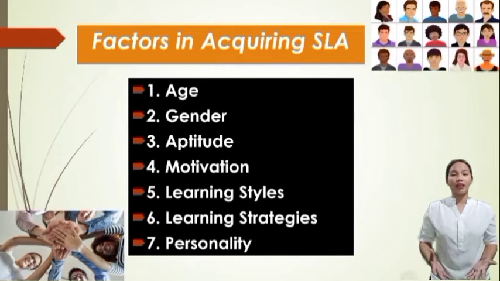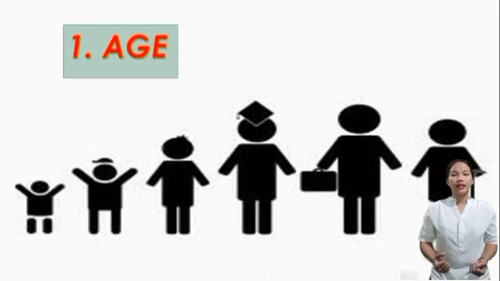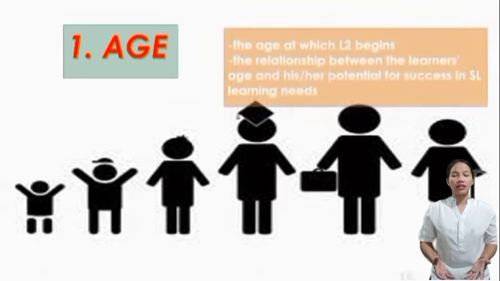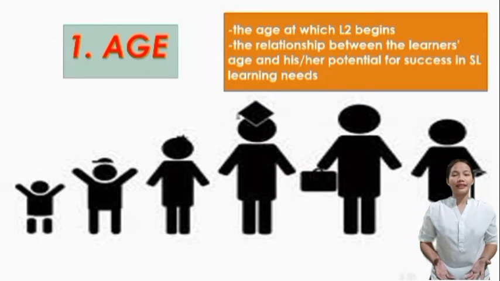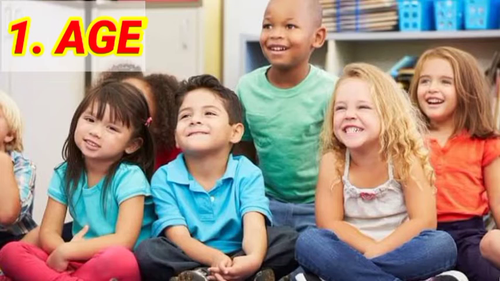Let us first discuss the first factor, which is age of acquisition. The learner's age is a variation in learning a second language. It is the age at which second language learning begins. It is the relationship between the learner's age and his or her potential for success in second language learning, and needs to take into account the learner's cognitive development, motivation, and goal for learning. Many studies have been conducted to study